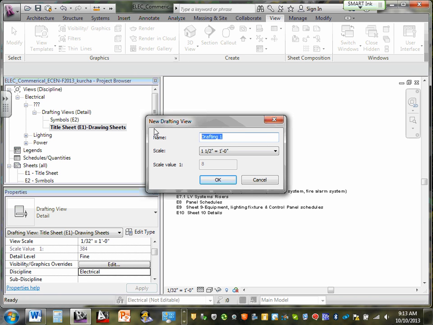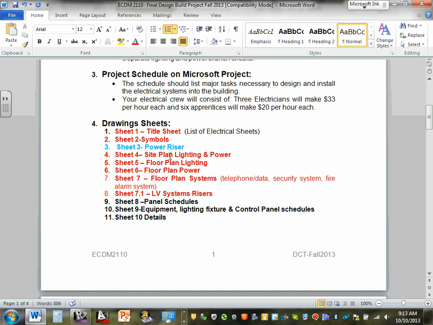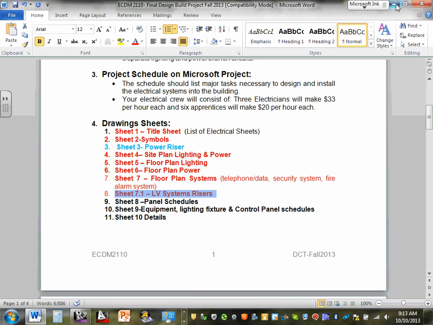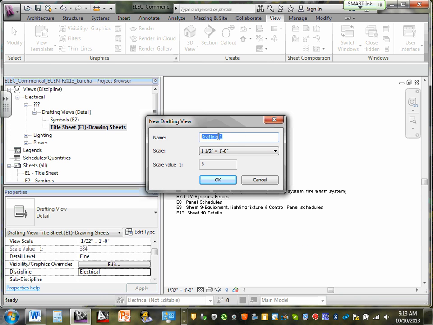When you see a name, we're going to name this one. This is going to be, what did we say? I'm going to call these low voltage risers right here. I'm going to copy the name so I can be ahead of you guys and paste it, see how we can expedite the process. And I'm going to call these low voltage systems risers, and between brackets is going to be what was it,